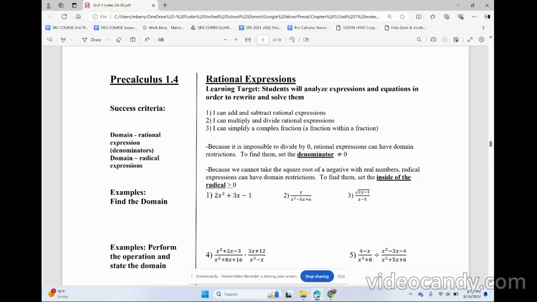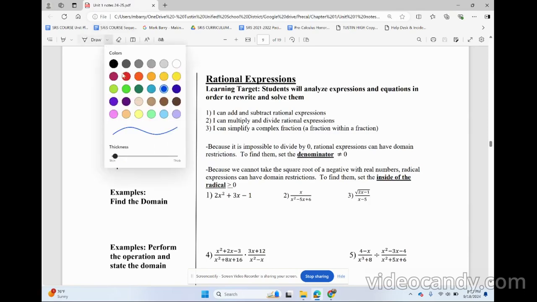All right, we're going to start off here with rational expressions. And so the first thing we're going to look at is domain. So for the question of domain, there's really only two things we need to worry about right now. So there's kind of two rules we need to just memorize. So the first one here says